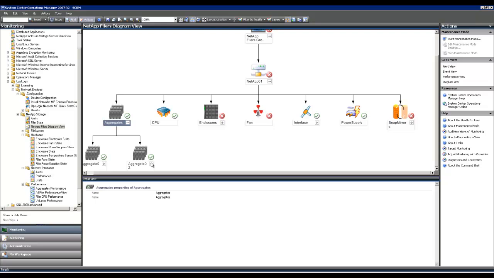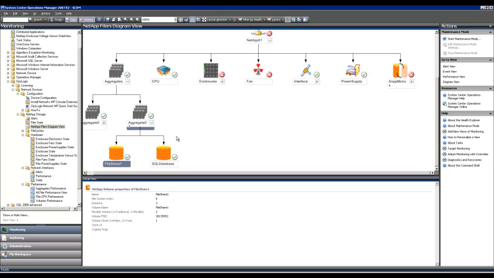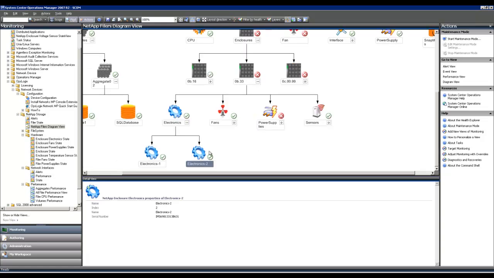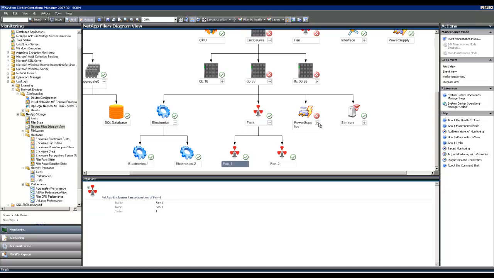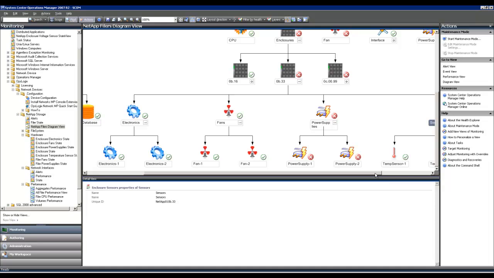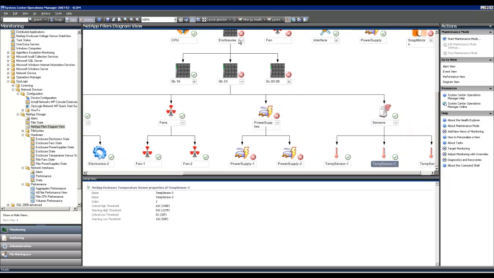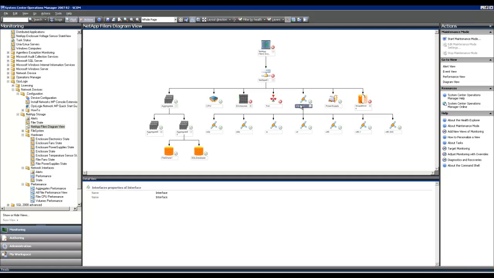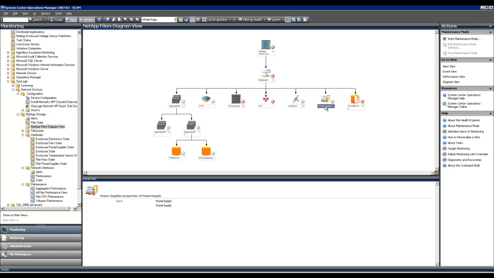And here you can navigate through all the different components within your NetApp filer, from aggregates to volumes, CPU, enclosures, and even within enclosures the components are discovered and monitored, like electronics, fans, power supplies, sensors like the temperature sensor, fans are discovered, and of course our interfaces, which are monitored for availability and bandwidth, the power supplies of the NetApp filer itself,